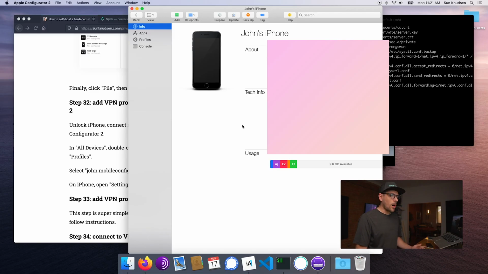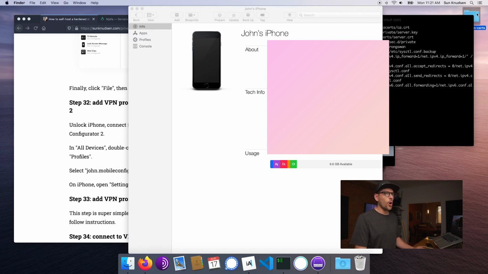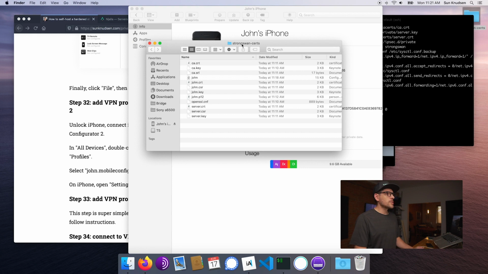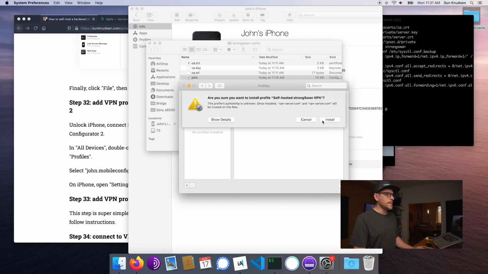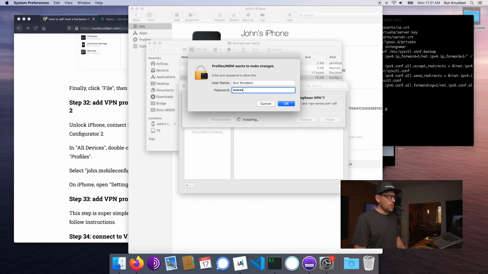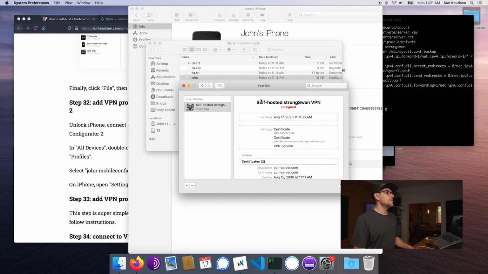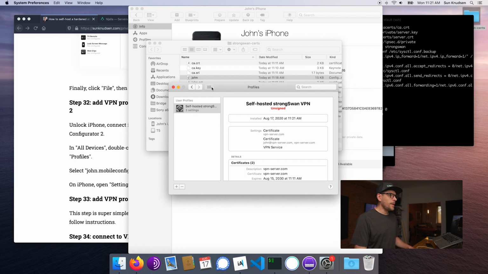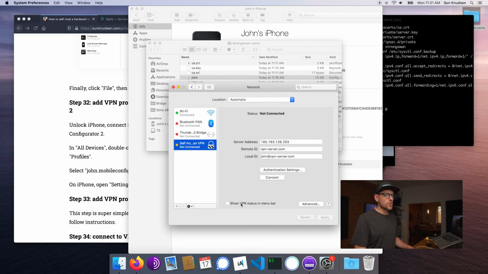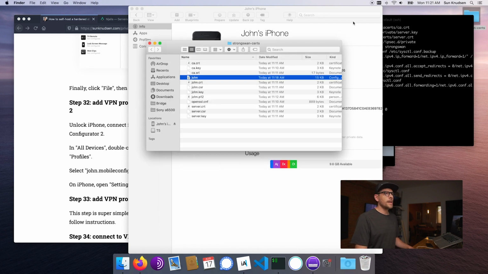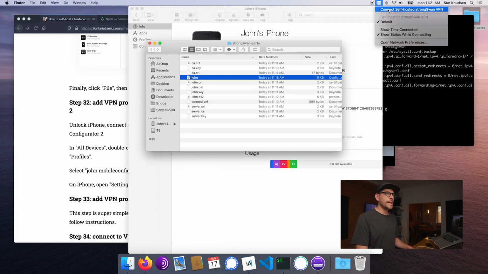In order to install that provisioning profile on Mac, things are actually even easier. We just want to open that VPN, that StrongSwan certs folder, double click on the provisioning profile, hit continue, install. As you guys know, my password on this computer is super shitty. Yours should be longer, and we're done. Now, if we go back to network, and first things first, we want to enable show VPN status in menu bar. Once this is done, if I click on this and say connect self-hosted StrongSwan VPN,